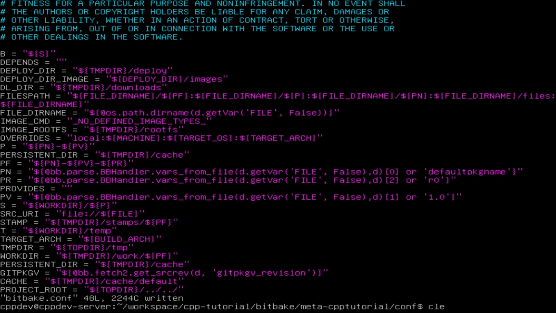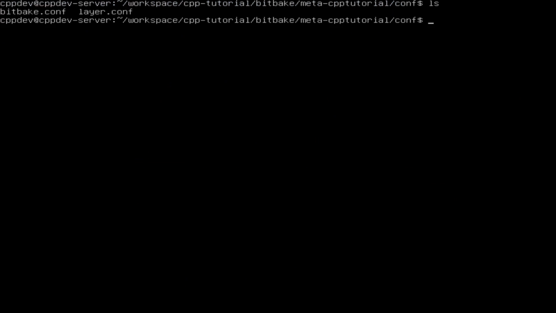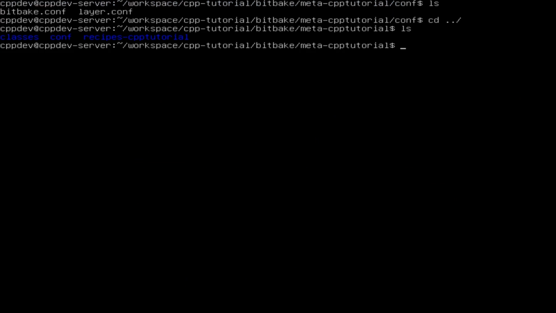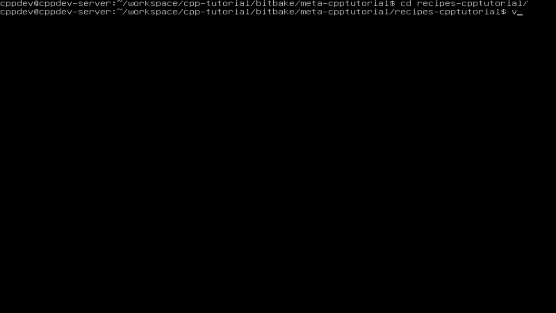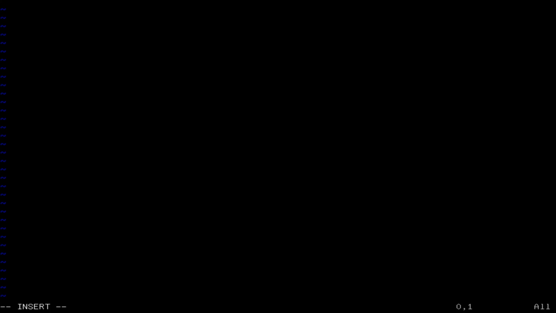Now that we have all this set up, we are going to actually edit the actual recipe. So this will contain all the rules for bitbake to be able to build our project, like we previously did with cmake and make.